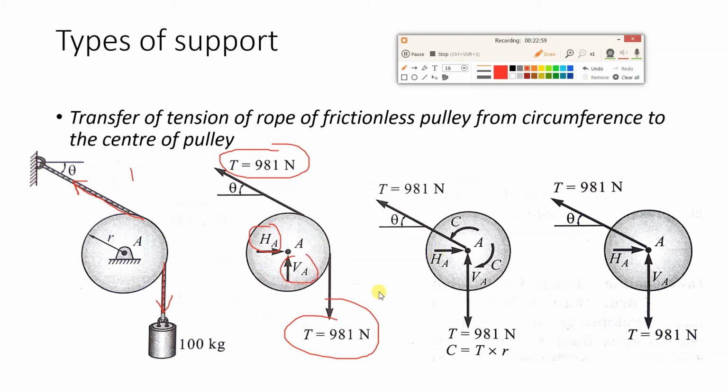Now in the next diagram, we have to use the concept which we have seen in module number 1. What was that concept? Transferring a force to a different point. How to transfer that? As it is, from here you have this T, it will move over here. So this will be T, and if you keep your thumb at A, keep your index finger at T and rotate it in the direction of T. It is anti-clockwise. So here you will get an anti-clockwise couple.